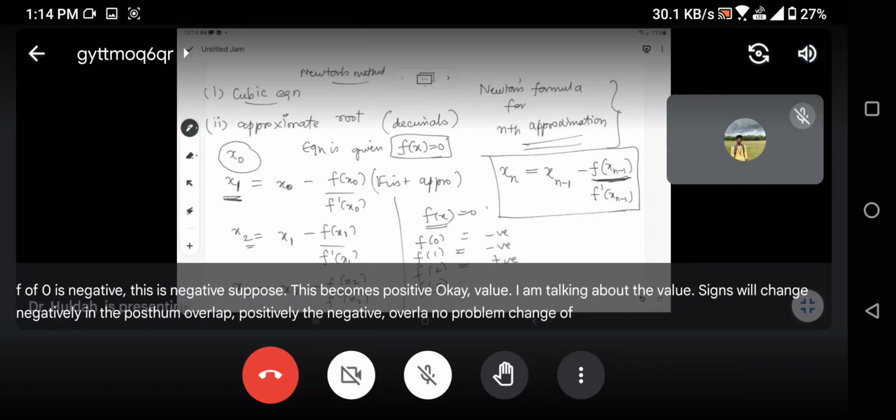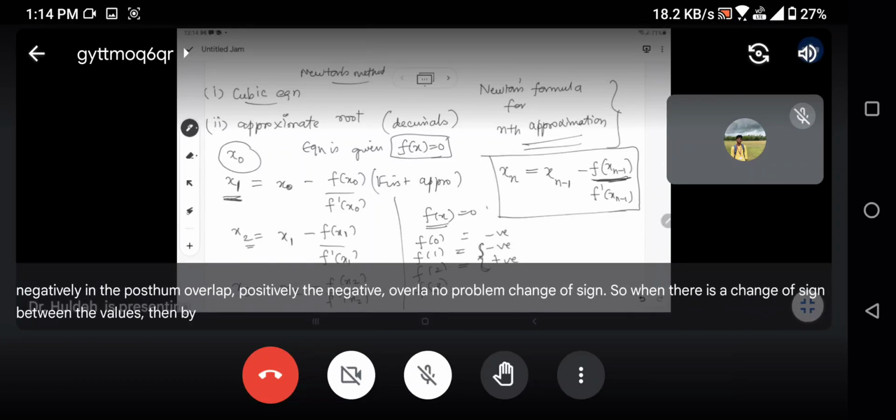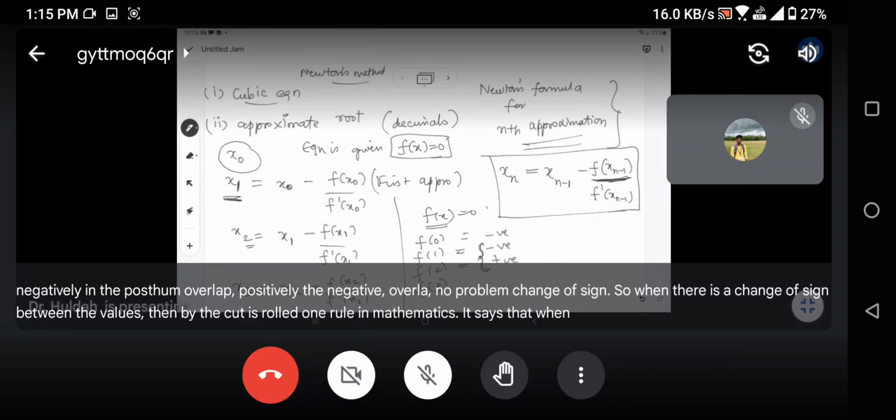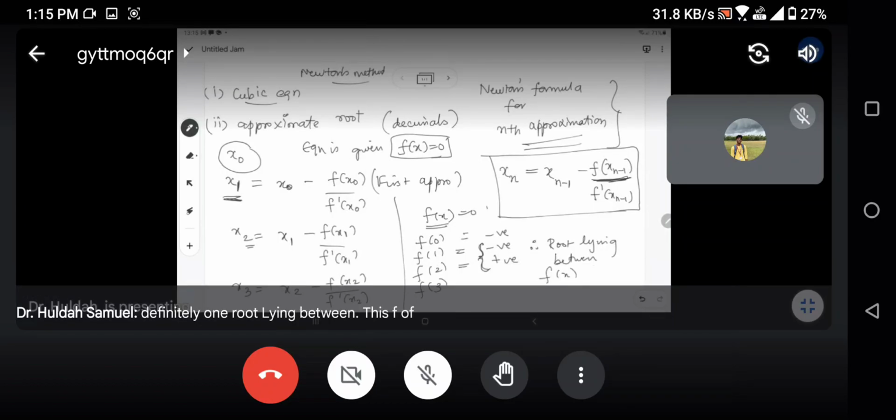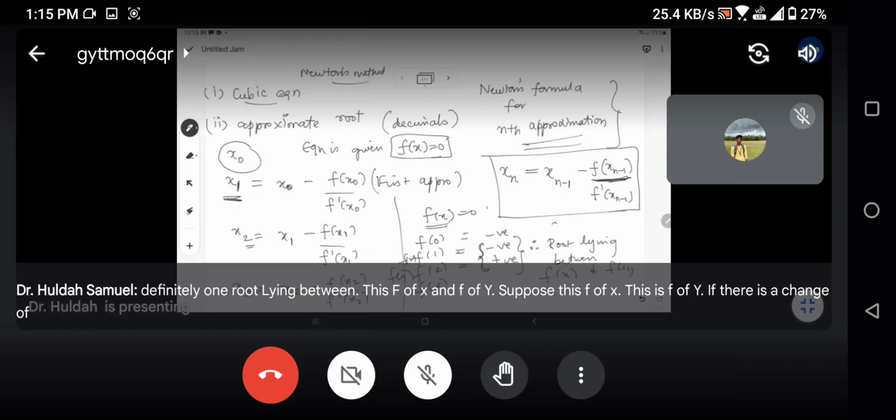Change of sign. So when there is a change of sign between the values, then by Descartes' rule, one rule in mathematics, it says that when there is a change in sign, that means there is definitely one root lying between this f of x and f of y. Suppose this is f of x, this is f of y. If there is a change of sign between x and y, f of x